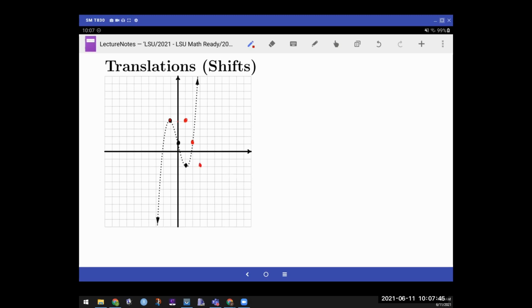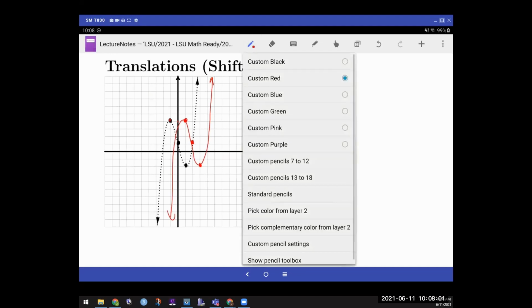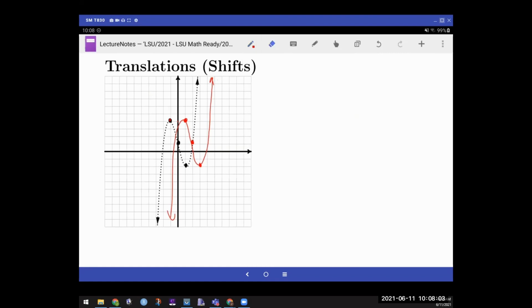And then I can actually draw a rough sketch. I'm doing this by hand, but I'm drawing a rough sketch of the graph. And you can see it's the same graph, except moved over to the right. You could also have moved it to the right and down. So let's say I want to go to the right 2 spaces and down